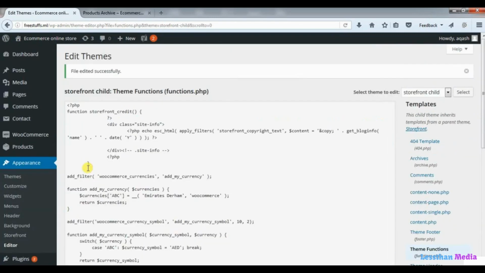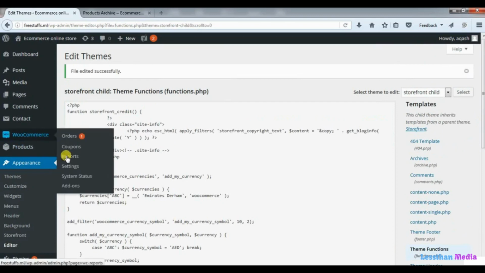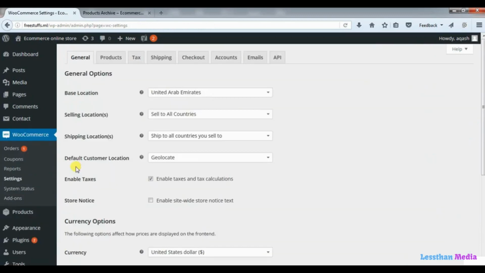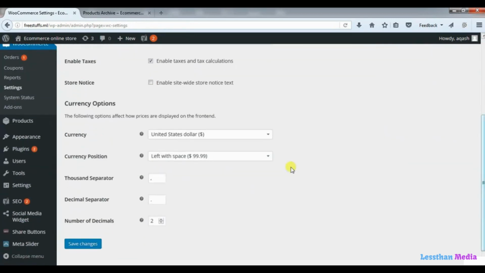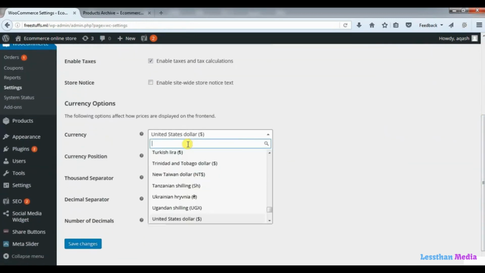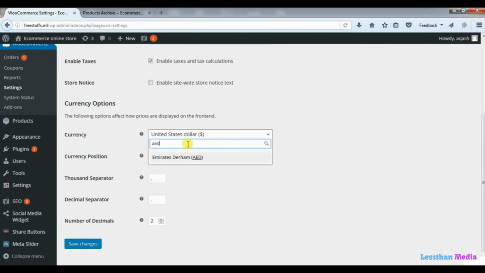After updating this file, go to Woocommerce settings. Now if you go to the currency list here, and now if I search for AED, so you can see the custom currency that I added is now available